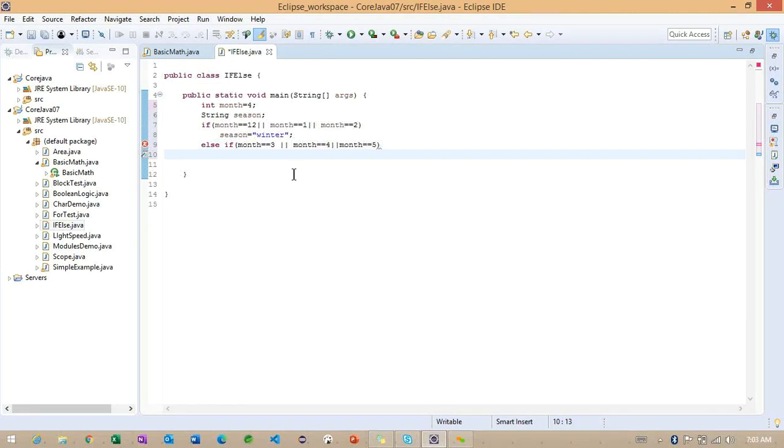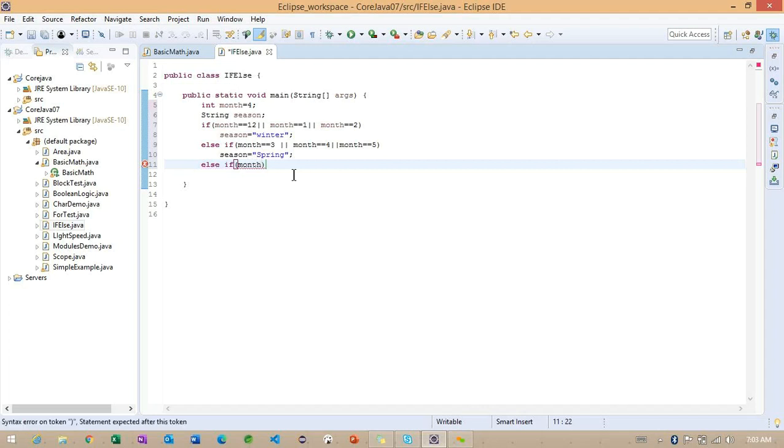And here also I don't want to make any curly braces, as we have only one line of statement here. Here I want to make one more condition. This is the 6th month, and I want to make the 7th month or condition.